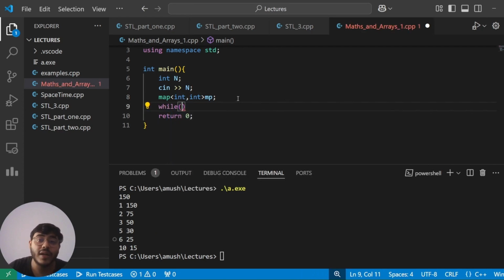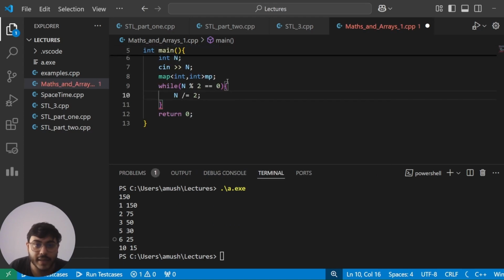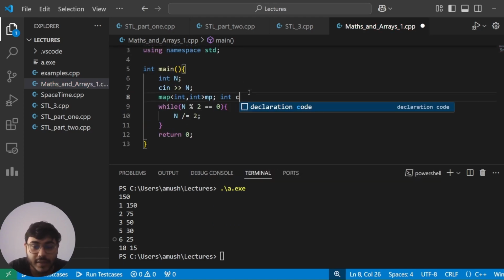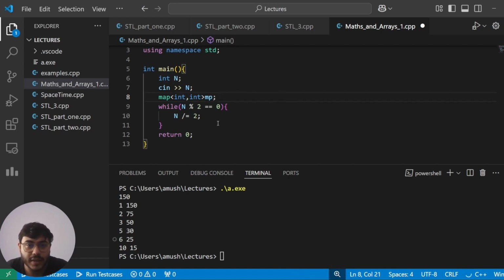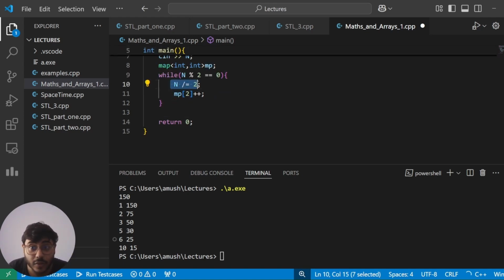सो व्हाट वी विल डू, फर्स्ट ऑफ ऑल हम 2 के लिए अलग से लूप चलाएंगे, क्योंकि 2 एक स्पेशल केस है, n mod 2 इज इक्वल टू जीरो। ओके, तो क्या करेंगे, n /= 2, एंड लेट्स डिक्लेयर अ वेरिएबल नोन एज काउंट, int c = 0। और नेवरदलेस कोई जरूरत नहीं है। व्हाट वी कैन डू, mp of 2++। सो दिस विल बेसिकली काउंट की नंबर n इज डिविजिबल बाय 2 हाउ मेनी टाइम्स, या फिर 2 की पावर क्या है उसमें।